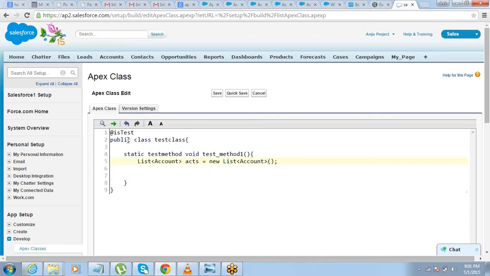Now I'll have to supply the values for these records. So what I'm going to do is I'm just going to run a for loop to create records, sample records.